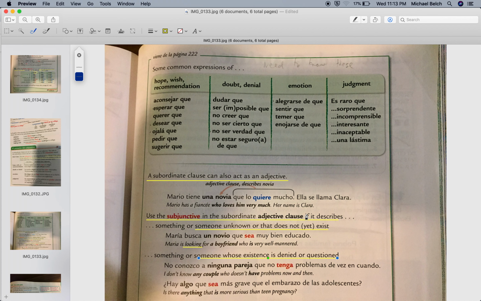Okay, so that's a quick rundown. Then to sum up, we're adding the concept of a secondary clause that's not just a noun and verb, but rather it's a description of the first half. And then if that description is describing something unknown or that does not exist yet, or it's something or someone whose existence is being denied or questioned, then the subordinate clause